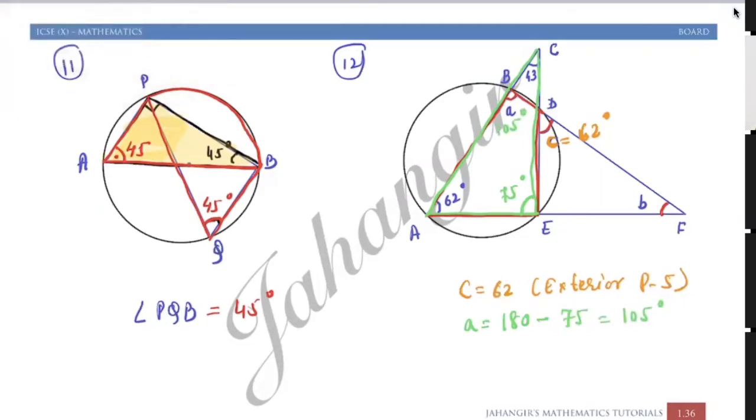Now, as we know, C plus B is the interior angle of a triangle whose exterior angle is 75 degree. So 62 plus C is equal to 75. Therefore C is equal to 13 degree. So this will become 13 degree. We are talking about this triangle, so the exterior angle is equal to the sum of its opposite interior angles. Hopefully you people don't have any doubt. If you have, you can, yes.